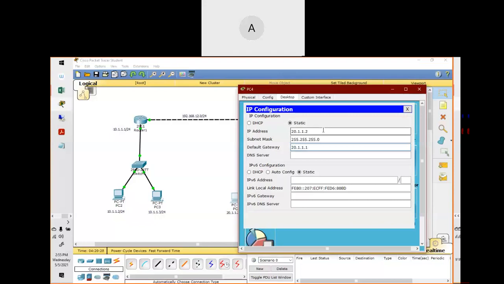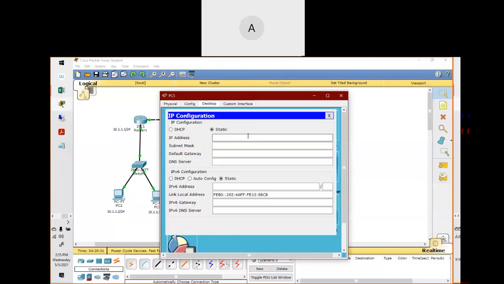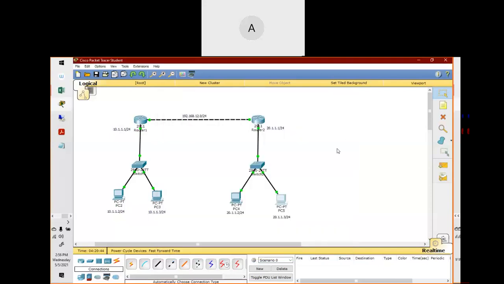And this is the gateway. Close it. Configure the IP address. See, done now. Let's try to send a packet from this point to this point.